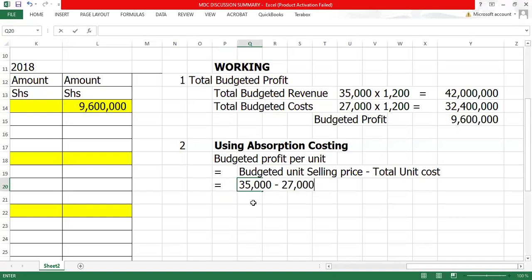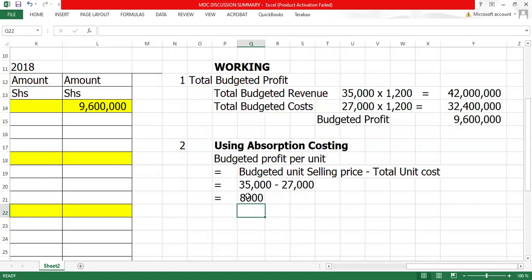Okay. So what do you get as your budgeted profit per unit? It is 37,000 minus 35,000 minus 27,000, and that's what you have as your budgeted profit. After getting your budgeted profit, you need these things we are doing, as they will be applicable somewhere. So you will need also the actual profit